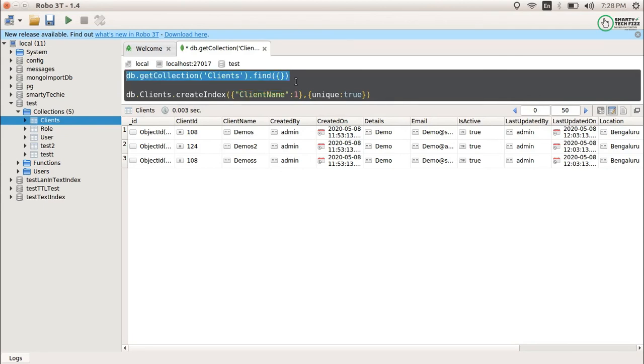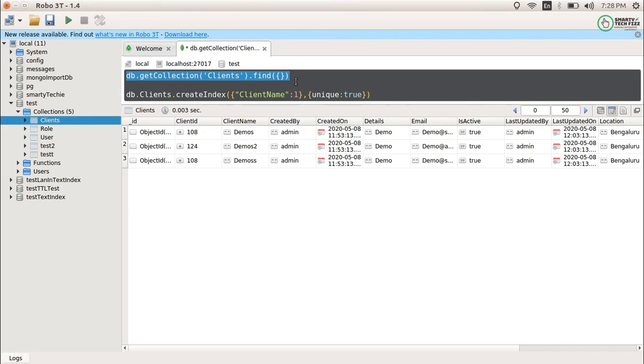So this is how you can avoid duplicate values for a particular collection. But before this, if any of the keys is already duplicated, you have to remove those duplicated values, and only then can you create this type of index.